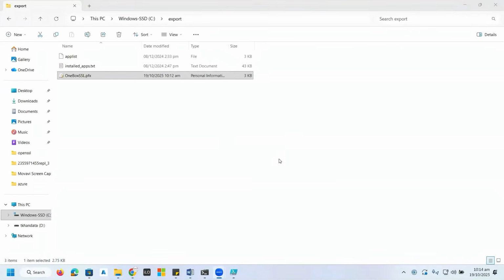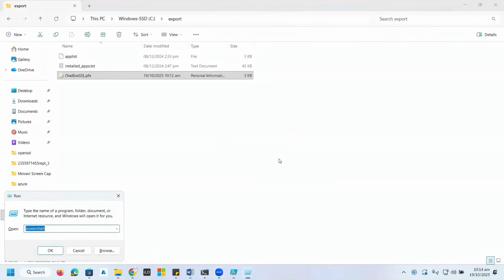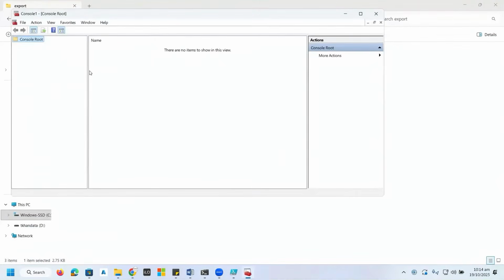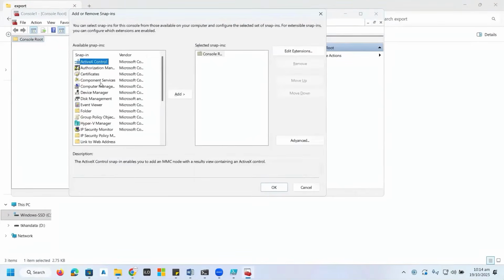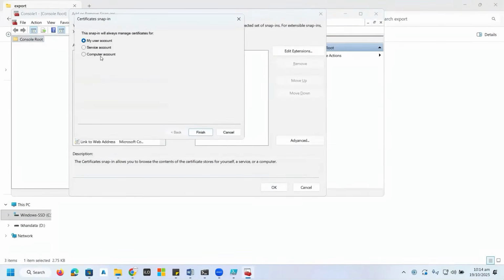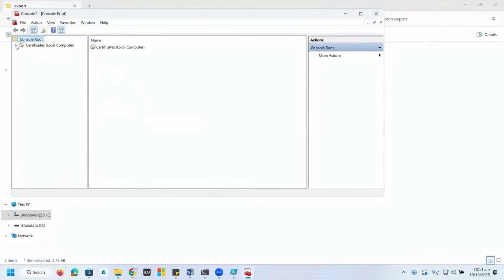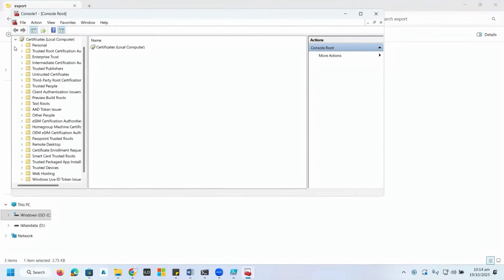So in that way, you can easily install that certificate. And if you want to verify that certificate, the process is really simple. Just type mmc, click yes, and from here you can press Ctrl+M, choose certificates, computer account, click next, finish, and okay. Now by default, whenever we install any certificate, it will be deployed under the personal folder.